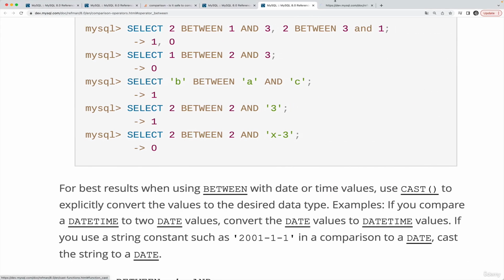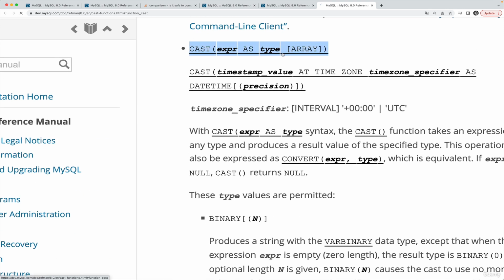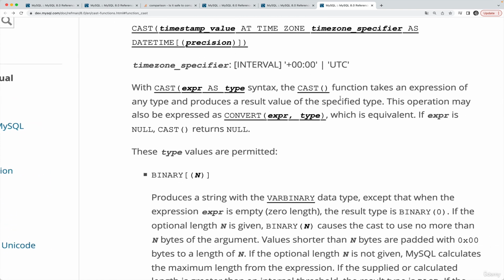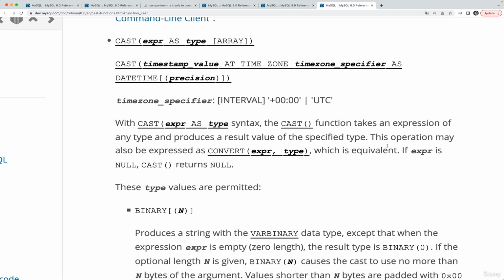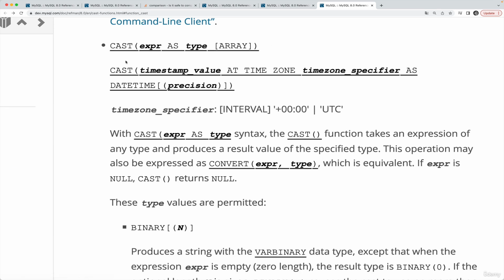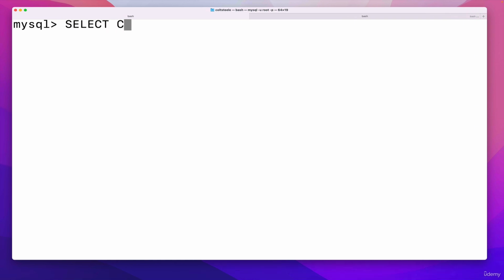There is a function built into MySQL called cast. Cast helps us convert one data type to another. So I could cast a string into an actual date, for example, or cast a datetime into a date and things like that. So the format is that we cast some value as some type. So I would do something like this. Select cast. Let's take the string